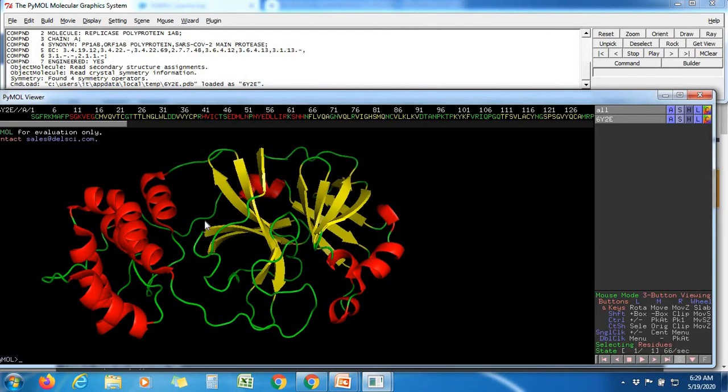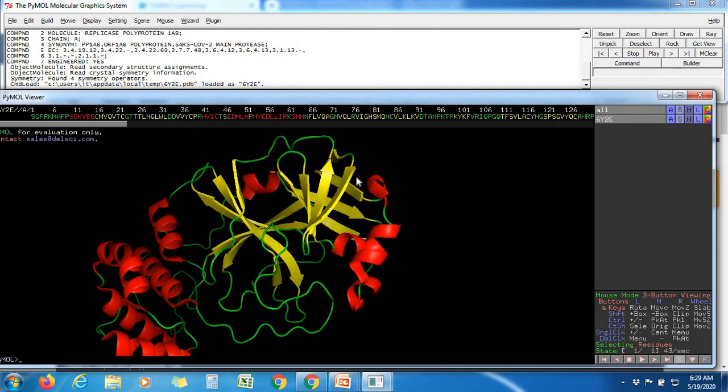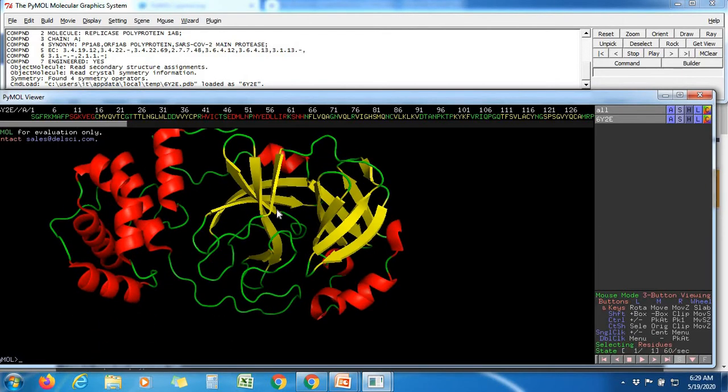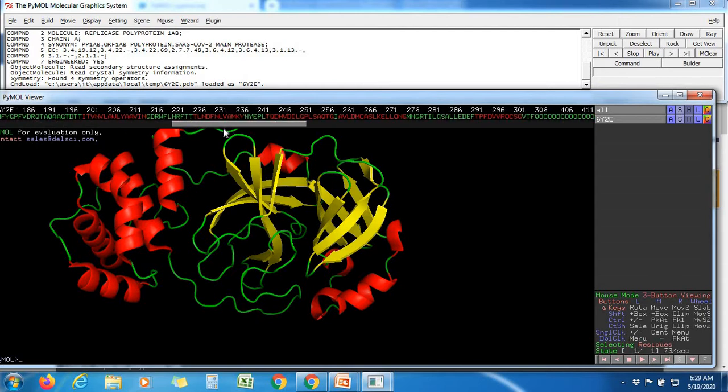So first let's see if we can highlight some of the residues here. Suppose I want to highlight aspartic acid 289. So aspartic acid is there, 289 is this one. If you click on this, you will see over here there is one highlight showing, and moreover you will have the selection coming up here.